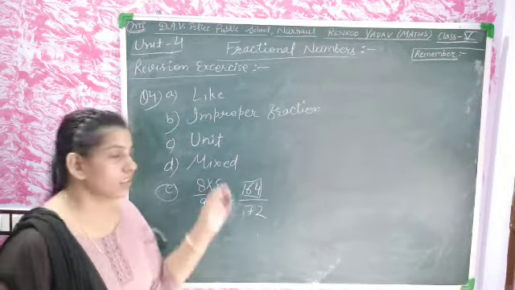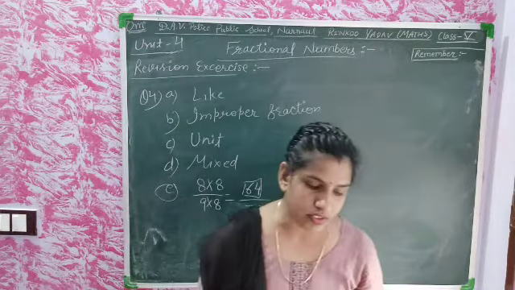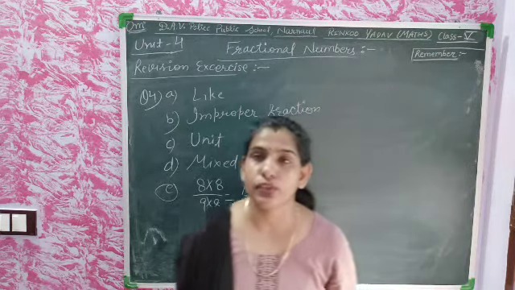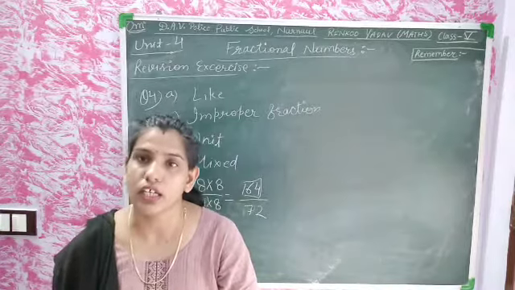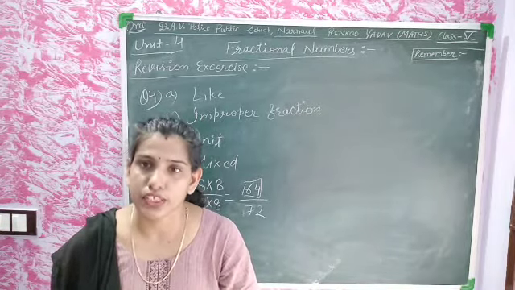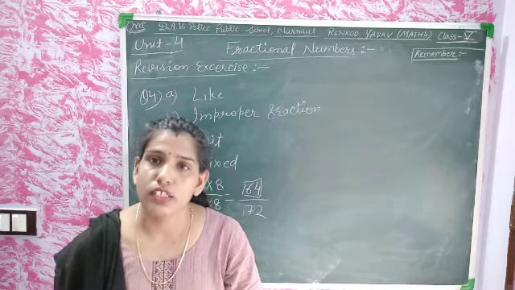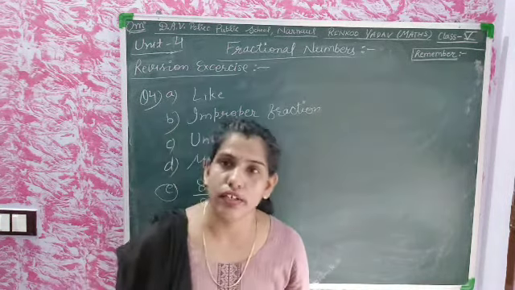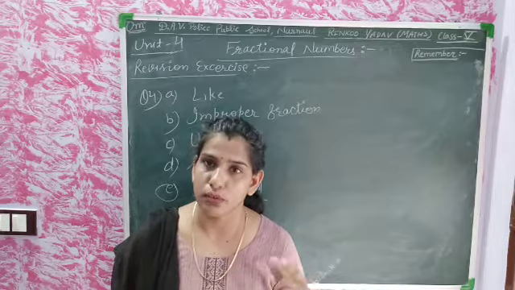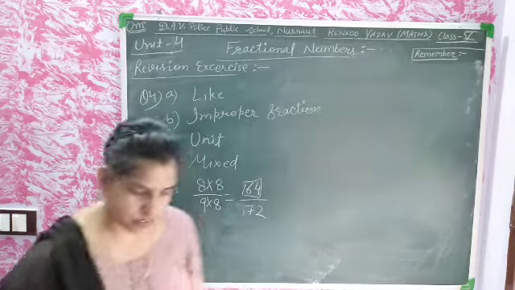Now, students, in the worksheet 1, there is fractions in the lowest term. We will do here the fractions in the lowest form. We will change the fractions into the lowest form. So, students, we will be multiplying or dividing the numerator and denominator as well. So, let's see there.